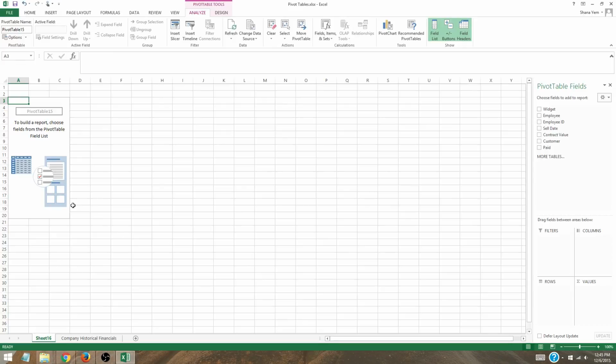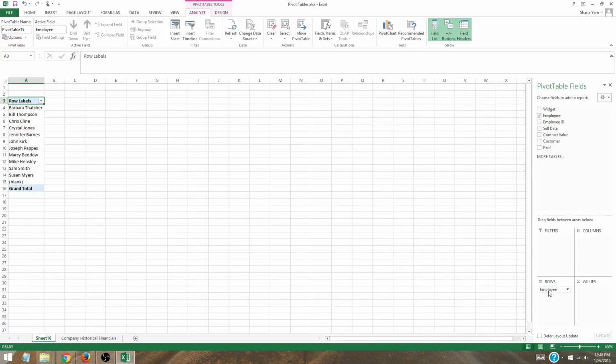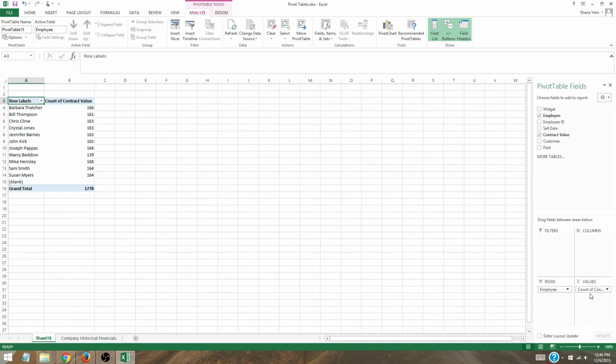So what we're going to do is just go over some basic examples of how we could look at this data. Say we want to know, by employee, we want to put that in the rows column, so that's going to list the employees down the row, how much money and contracts each of these employees brought in the year. So we would drop contract value in this column. And as you can see, this pivot table is actually creating a count rather than a sum of the value